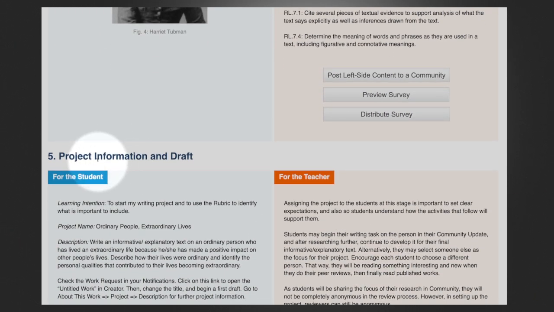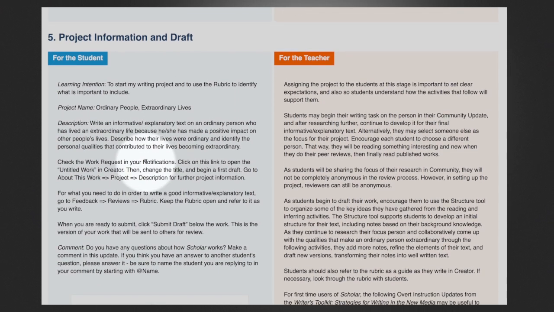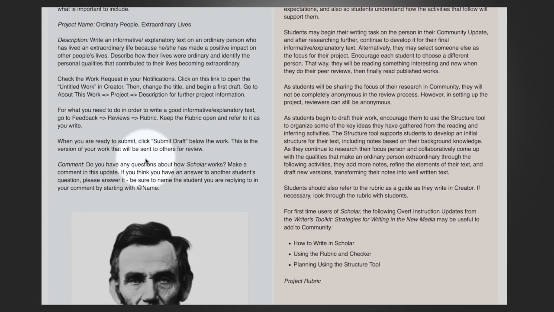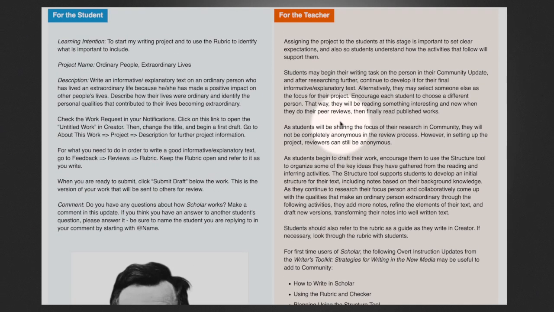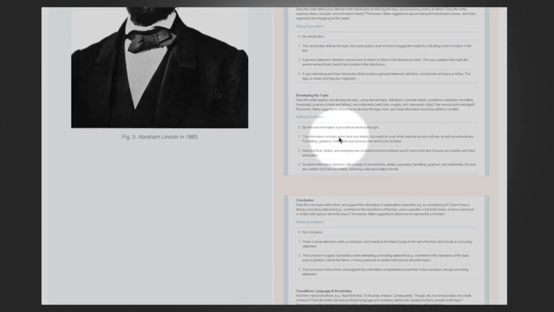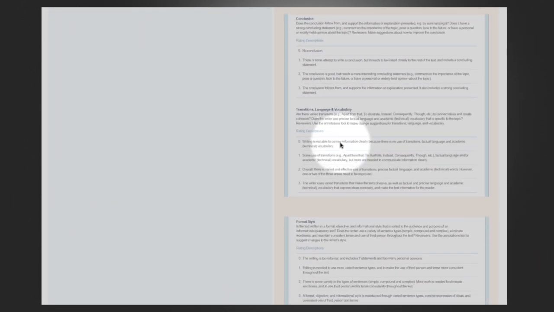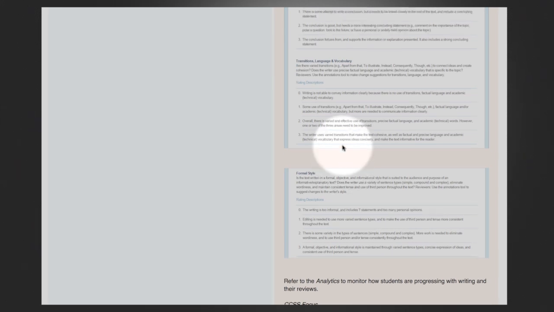But now we're going to start a project. This is the third kind of artifact in a learning module. So this is the project description, and this then is the rubric over here on the right. So this is for the teacher, and this is the rubric that all the students are going to get, which has been pre-designed. Of course, when it's delivered, it can be edited, so it's not that we have to stick with exactly this rubric, but this rubric aligns the Common Core standards for information text with the particular issues of